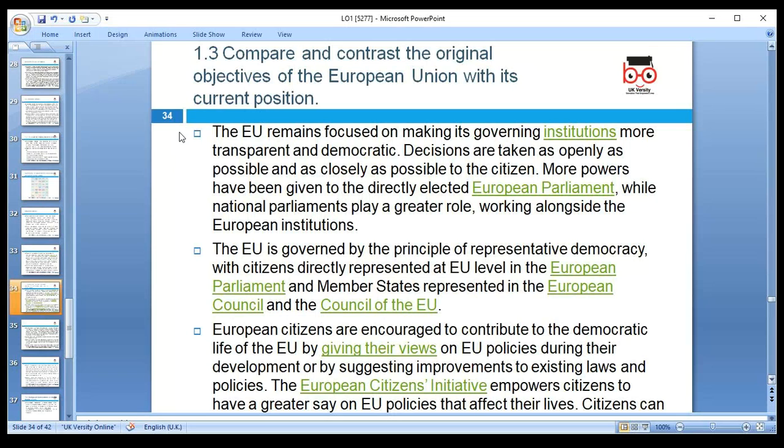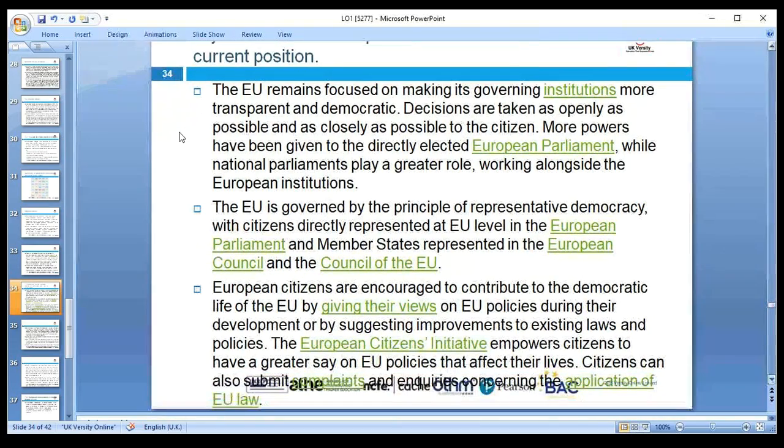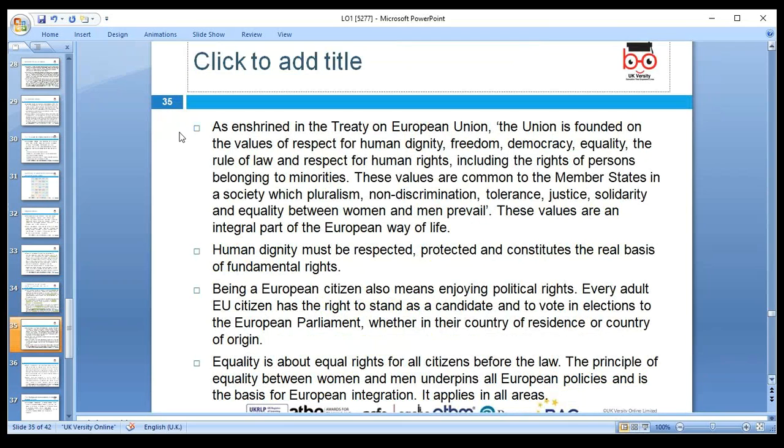And next we have 1.3, compare and contrast original objectives. The EU remains focused on making the governing institutions more transparent and democratic. Decisions are taken openly and as closely as possible to the citizen and the European Parliament. Then we have the European Council giving views about policies and European initiatives and the application of EU laws. And then to ensure, in the treaty, that the Union is founded on the value of respect for